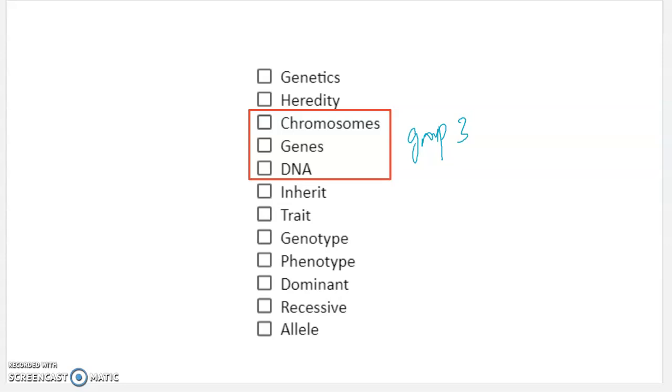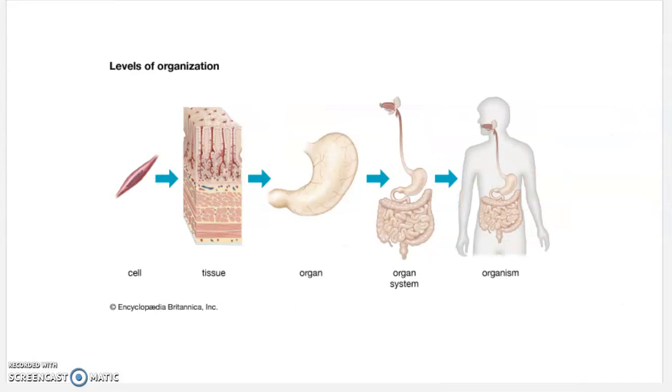They all are very similar, so they're easy to confuse. They're very, very closely related, and so they're just easy to confuse one with the other. So chromosomes, genes, DNA, I think the easiest way to think about them first is if you remember earlier in the year, we talked about how cells organize into tissues,